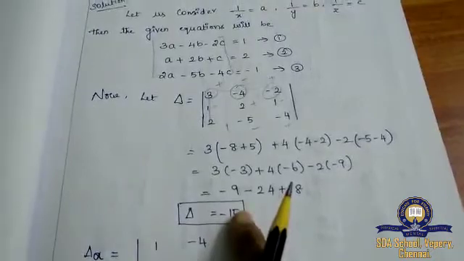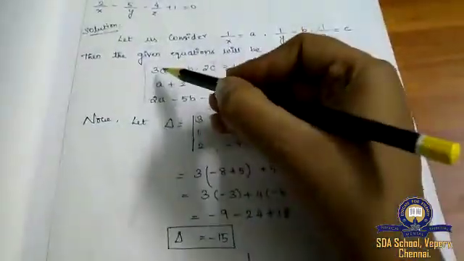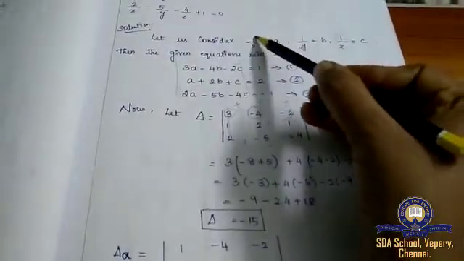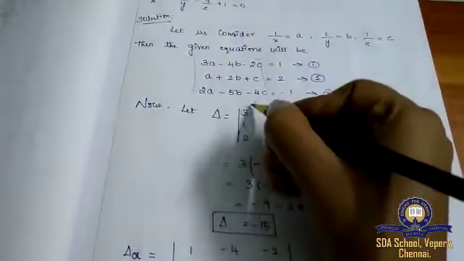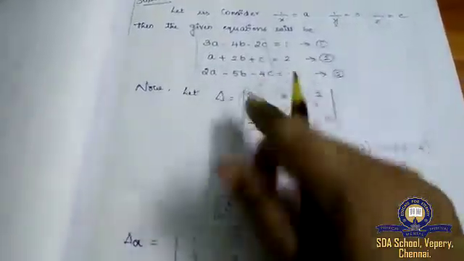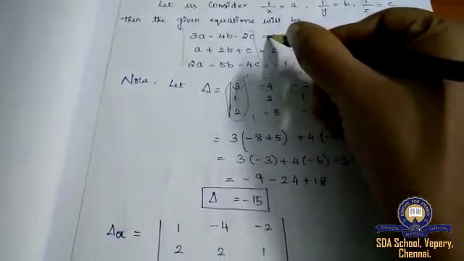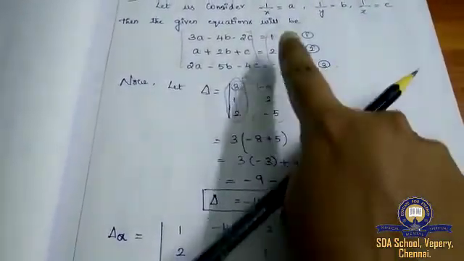Next we're supposed to find delta x, but here I've denoted it as a. So I'm taking my delta a value. Delta x, everything is the same, right? But here I've taken 1 by x as a, so delta a. So instead of this first value, I have to substitute 1, minus 1. The remaining 2 columns will be the same. Okay, so what is that?